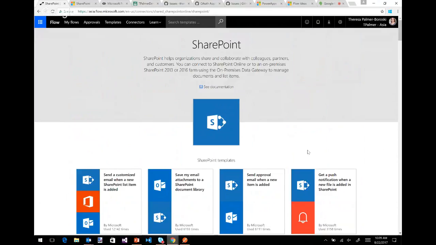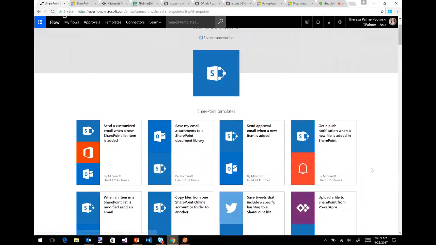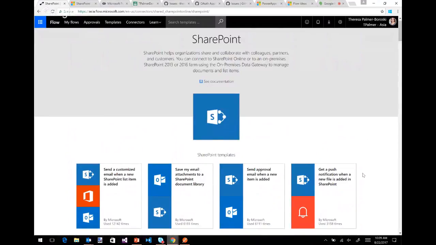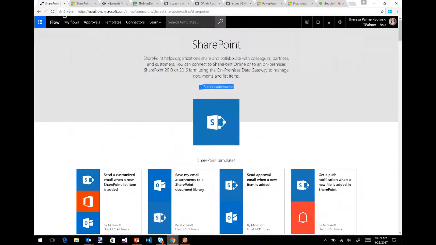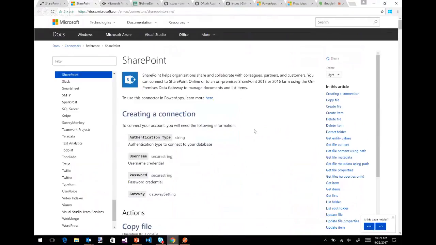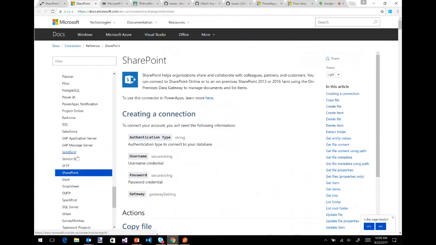It can also, in the flow scenario, give you some suggested templates or use cases that you might want to use the connector for. And then, yes, it can link you directly to the connector reference, which gives you a textual representation of all of those actions and triggers that I mentioned within the connector. So it's really easy for you to see what's actually possible if you connect to any of our 150 different